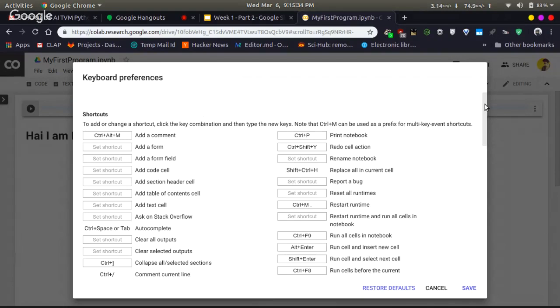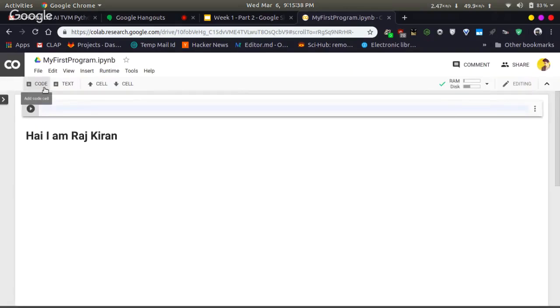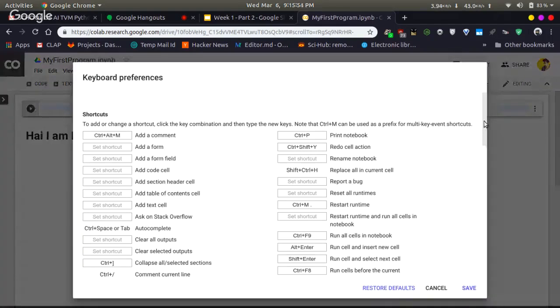So I won't be going and pressing add code cell to create a cell. I will only be using shortcuts. For example, in order to create a code cell below, we can go to keyboard shortcuts and look for add a code cell below.